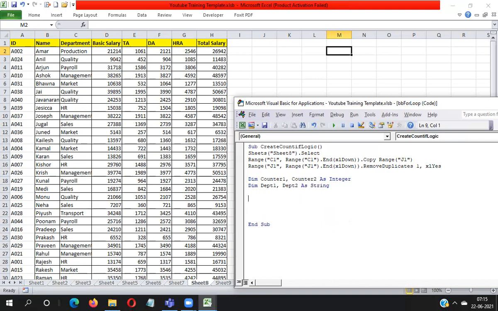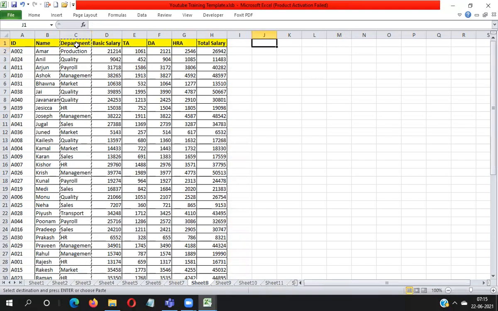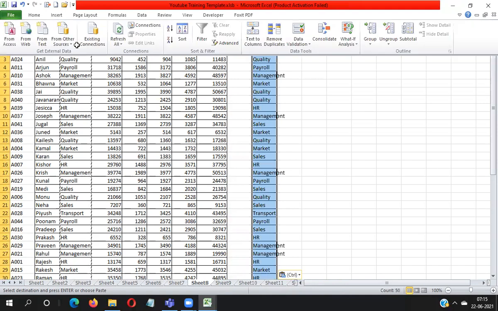Now I write counter1 equal to 2 to 2. After pasting the data, let me check how many unique data I get in the J column after removing the duplicate values.